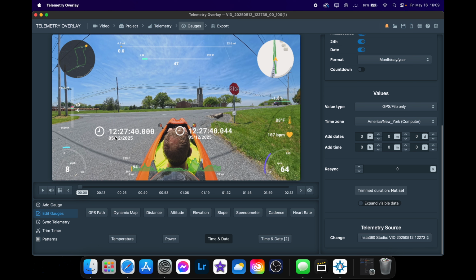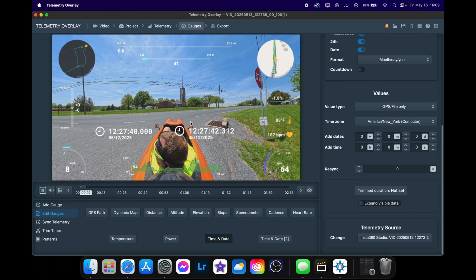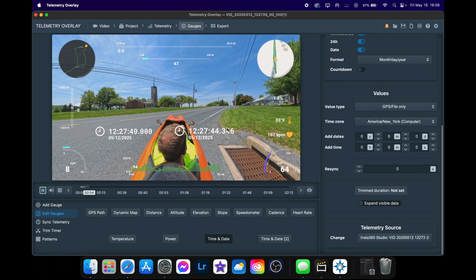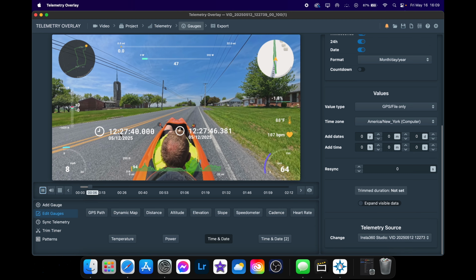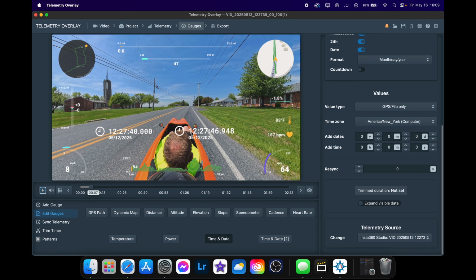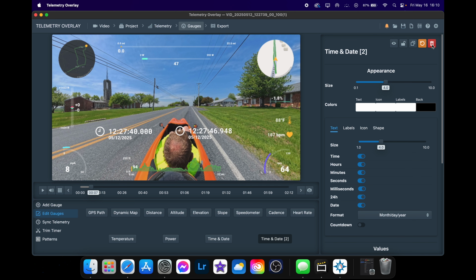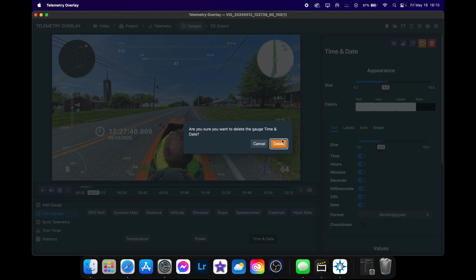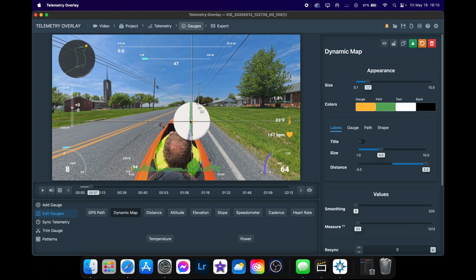So I'll go ahead and show you what happens when you hit play. You can see here, Garmin's one is counting up. The Insta360 one is not doing anything. So since these gauges are basically going to be useless to us, what I'm going to go ahead and do is I'm going to go ahead and remove them, since they are of no use to syncing this data to me anymore. Then what I'm going to do is I'm going to grab this dynamic map here, and I'm going